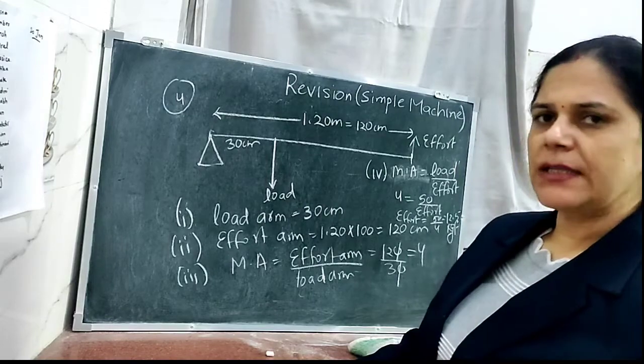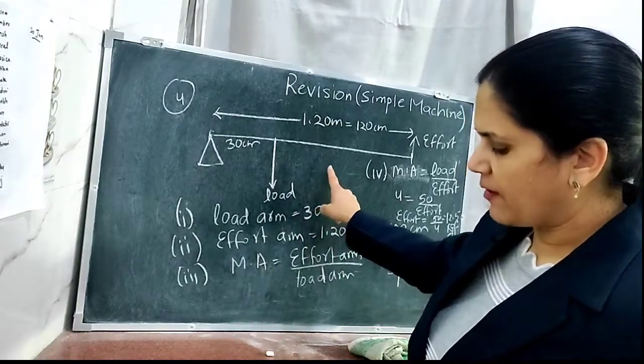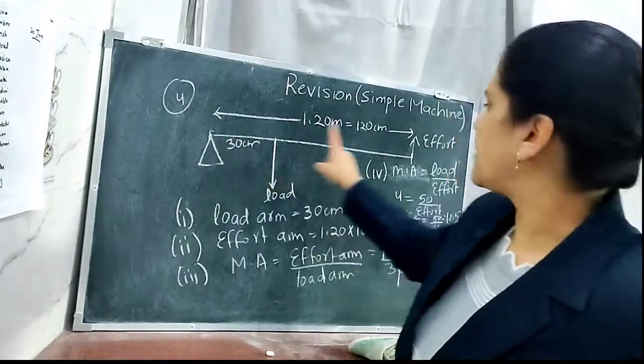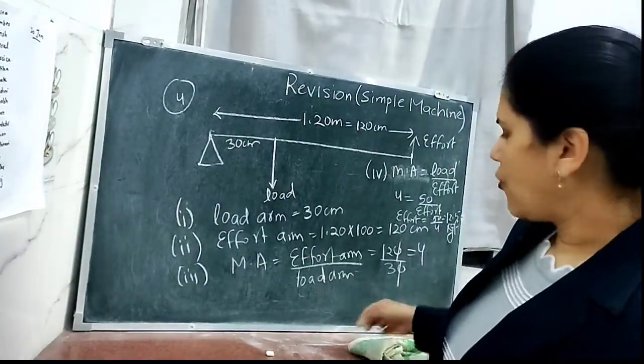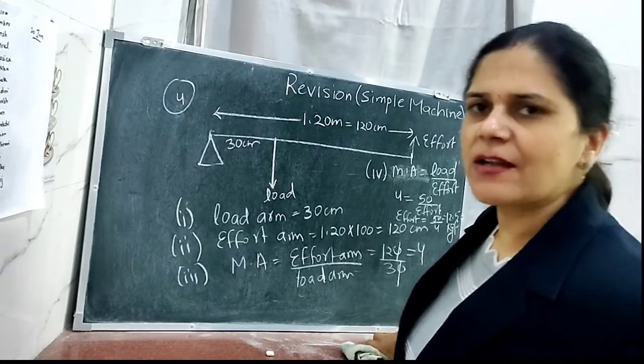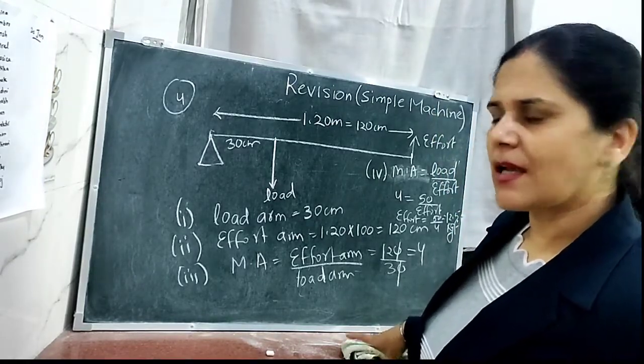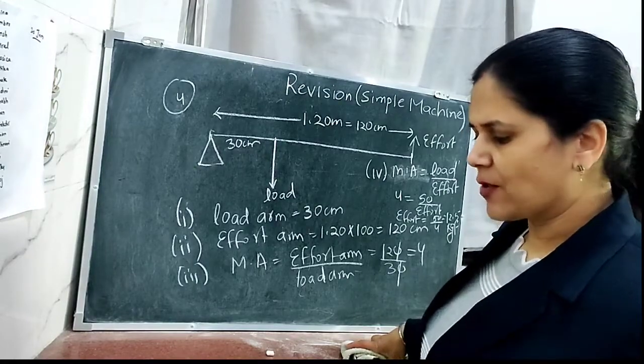Now one more part they are asking us here, what type of lever is this? This is the lever of class 2 because load is lying between the fulcrum and the effort. I hope you people have understood the questions which I have taken in the class. Please do the revision of all the solved examples and the unsolved also and try to understand the topic once.